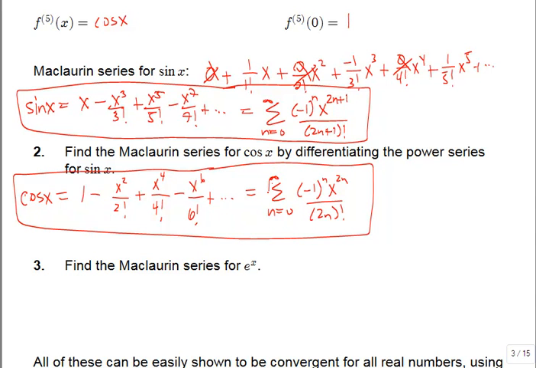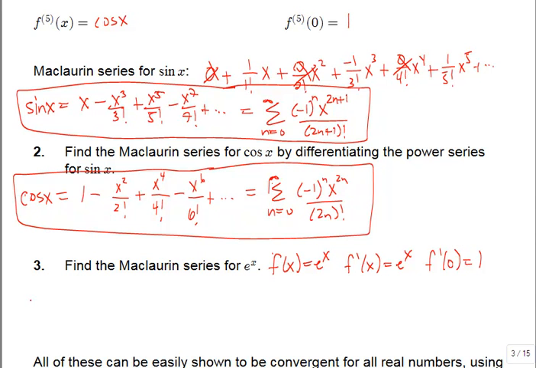Finally, let's do the Maclaurin series for e to the x. Now what we want to recall about our function e to the x, the nice thing about it is that its derivative is always e to the x as well. So that means when we plug in 0, which you want to do for a Maclaurin series, e to the 0 is always 1. So all of our coefficients of those derivatives in the numerator are all going to be